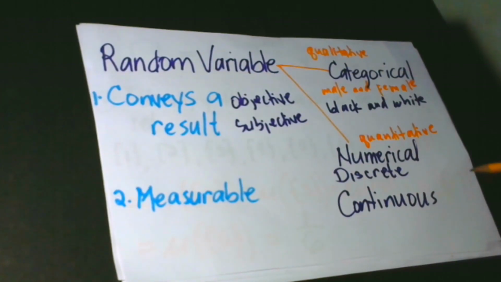For example, you would like to know the number of persons in the house. To do this, you ask yourself, how many persons are there in the house? And simply you can count 1, 2, 3, 4, 5, and so on and so forth. So there is a fixed number of elements involved.